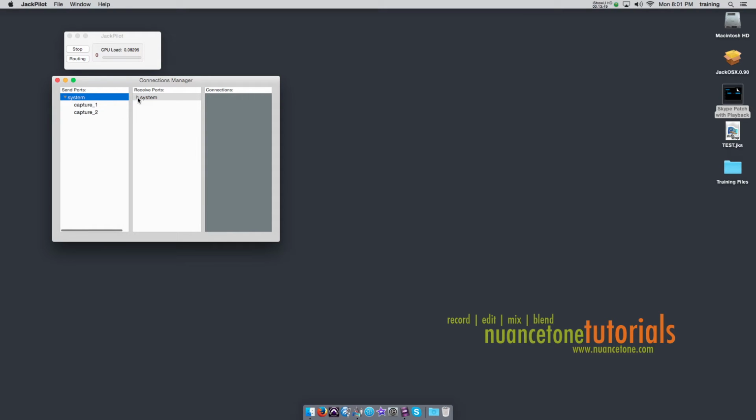I want to point some stuff out to you. The send ports are from my microphone, and I have Capture 1 and Capture 2. Capture 1, of course, is my microphone because I'm doing mono, so I'm just going to focus on Capture 1. Playback 1 and Playback 2 are my Mac outputs. So I'm going to leave this stuff alone. This is the system. Now I'm going to start to go and open all of the applications I need for